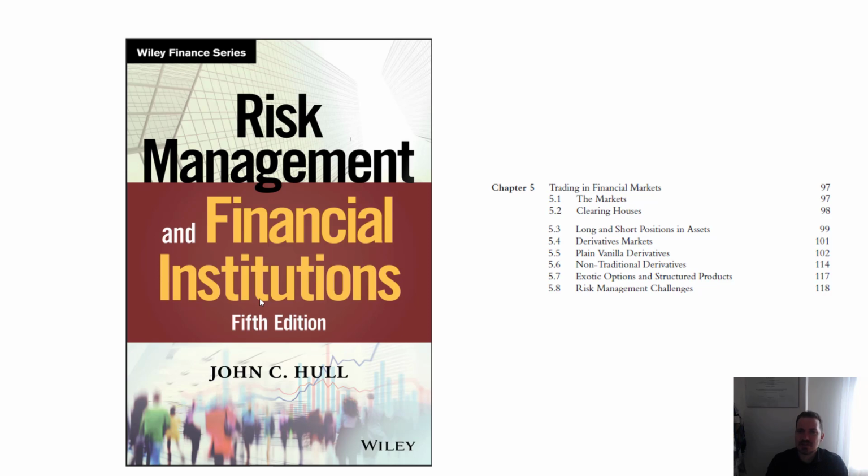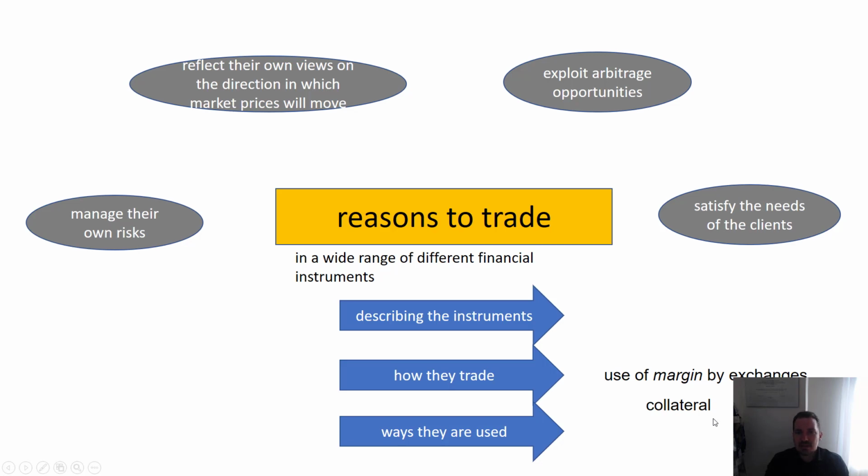So we will see different vanilla and non-traditional derivatives, and later on we will see how we can use them in risk management. Okay, so reasons of trade. These are basic facts about why people are going to markets, and practically one of the motivations can be risk management, another motivation can be that they think there is a direction on the market which can be exploited for profit making, and of course we can find mispricing opportunities to look for arbitrage,